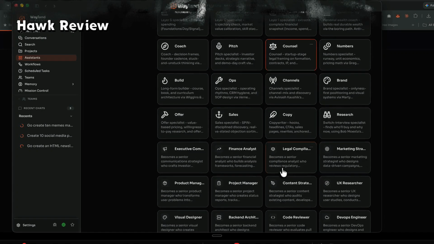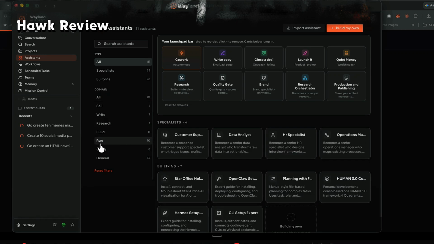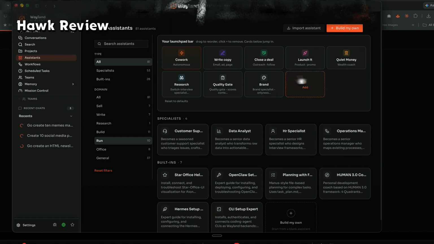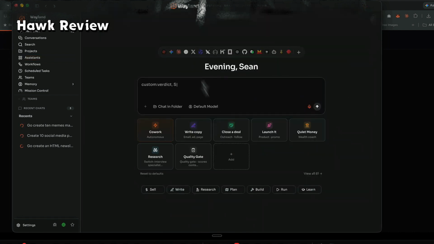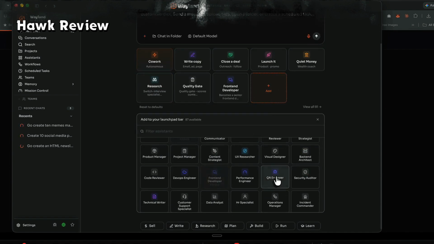And again, all sorts of different categories you can see here, right? Research, build, running customer support, data analytics. And you can actually drag and drop. You can create a little toolbar. So all of the ones you want that are most useful to you, well, you can put them right here, creating a quick